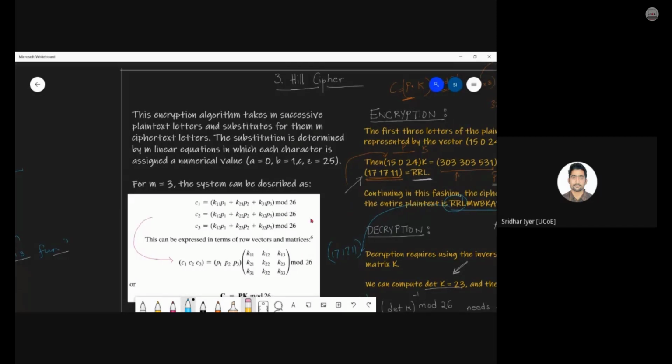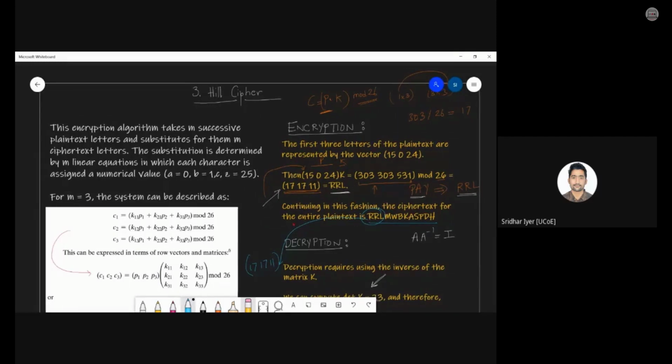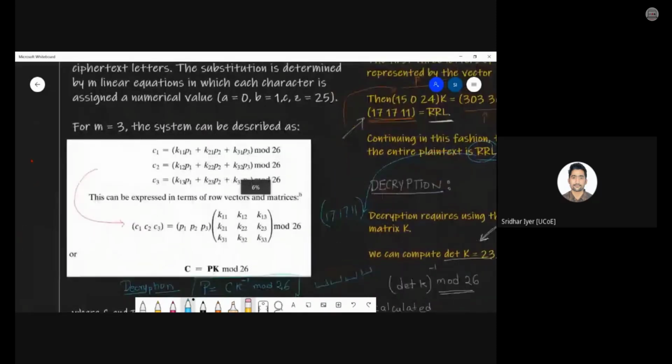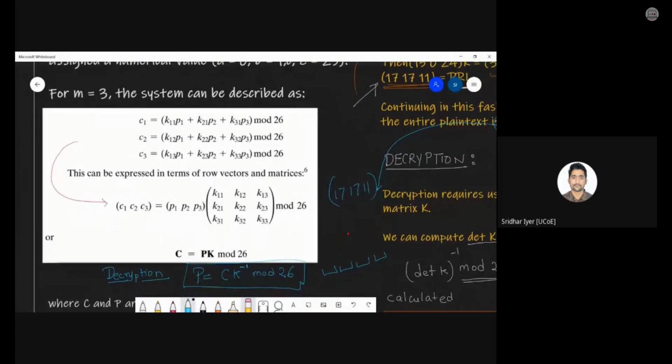As you can see over here, we got some value as 303, 531. We converted that back to the boundaries of 26. We don't want any value more than 26, as we are having only 26 characters, A to Z. Fine. So we stick to that. We use this formula, that is a simple matrix multiplication. As you can see, encryption is always simpler. The only part is where decryption comes into picture.